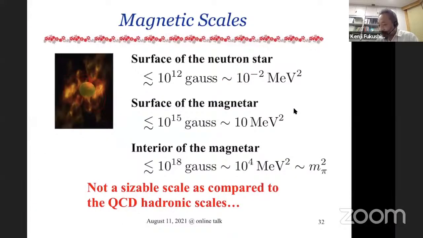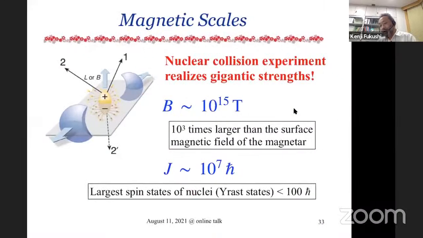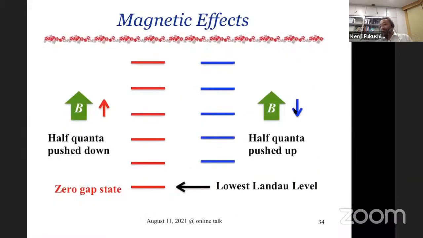Okay, so they are comparable to this scale, or even larger than this, the GeV scale. And so there must be some QCD effect coming from the magnetic field. Then what should happen? That is a question. And at the same time, you can expect very large angular momentum. But I will come to this point later. Now, what should be expected?